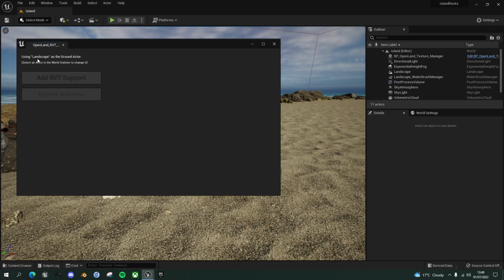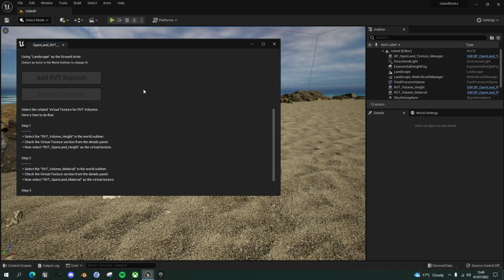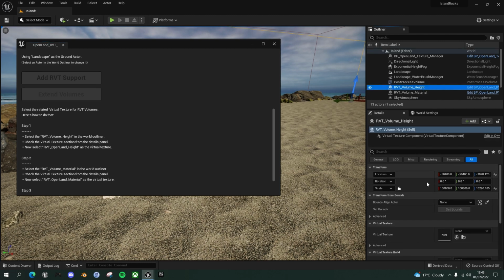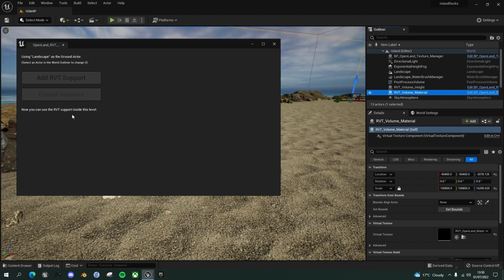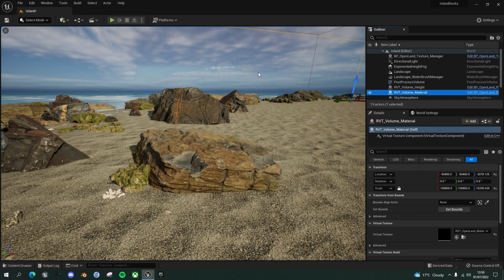And it finds your landscape in the outliner. Click on Add RVT Support, and you just have to do a couple of things manually following these instructions. First, find this RVT volume height in your outliner, and in the virtual texture set it to RVT Open Land Height. Then go to the RVT volume material, and in the virtual texture set up RVT Open Land Material. And these instructions now disappear because you've done everything required, and you can close that down